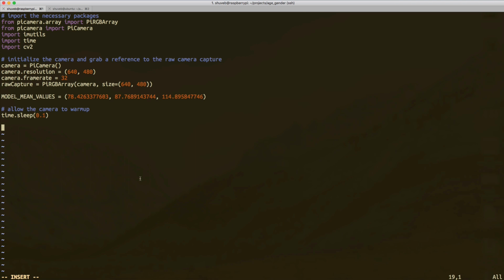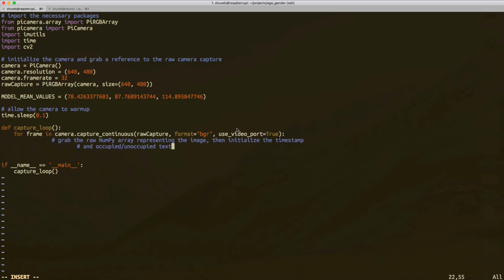Then as the first step, let's try and capture images and see whether we are able to display them, right? We'll do that before we go to any other area. Here will be our main execution point, entry point. We'll call capture loop. Start capturing frames from the camera,